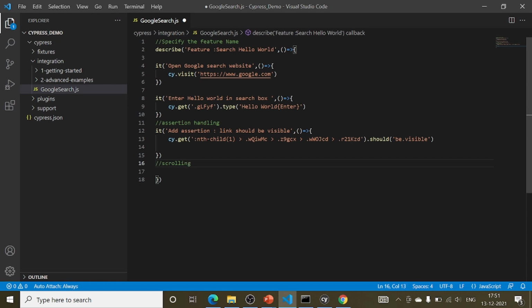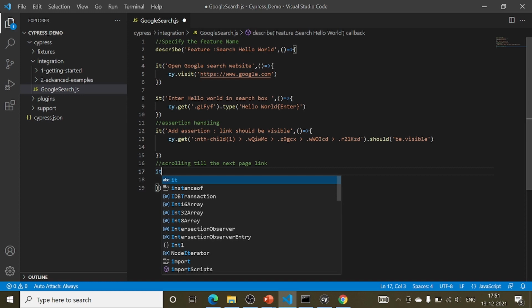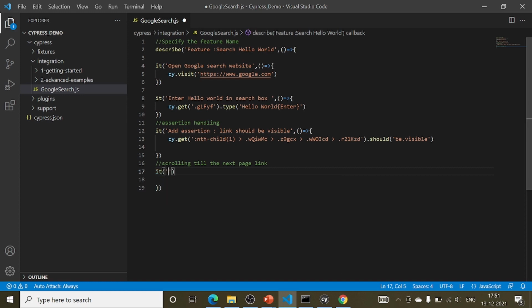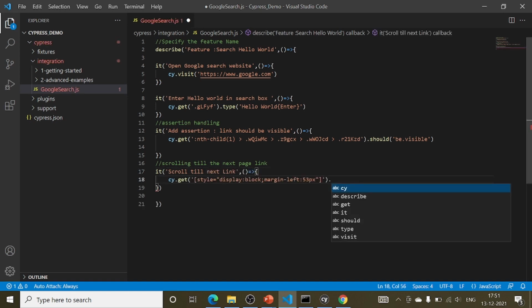creating a test for scrolling demonstration. Scroll, pasting the locator, dot, for scrolling we have a function scroll into view, and then we can apply any assertion, like let's say we are expecting it to be visible.